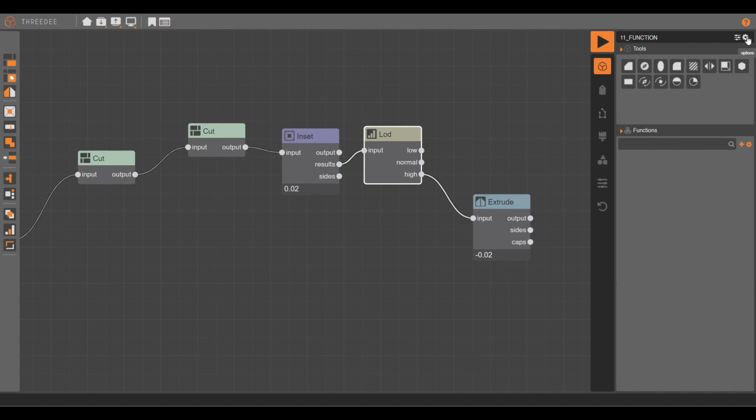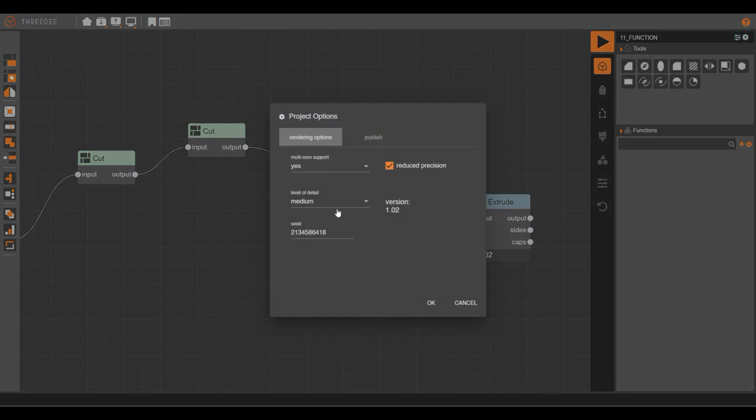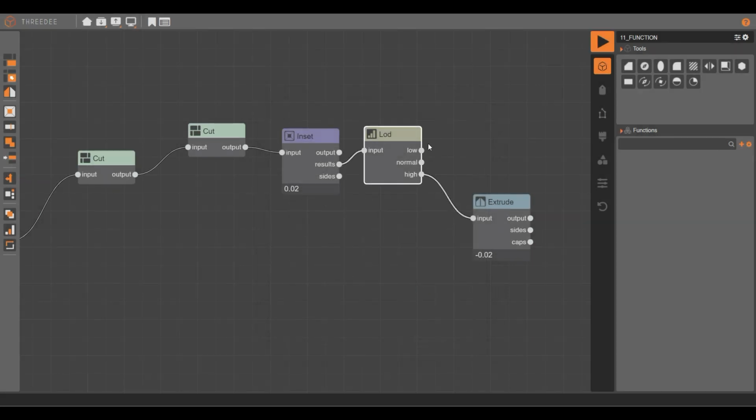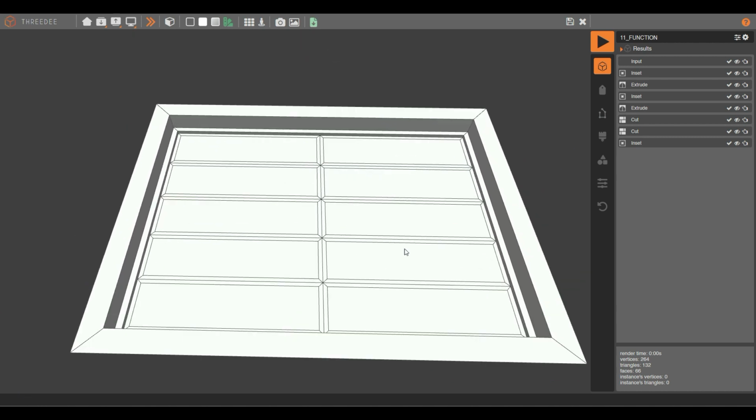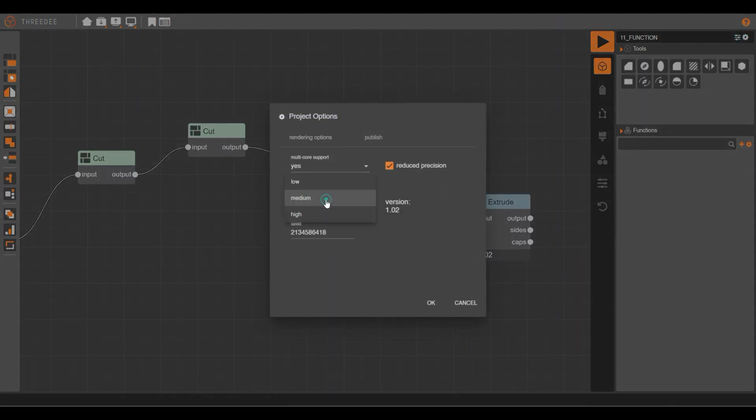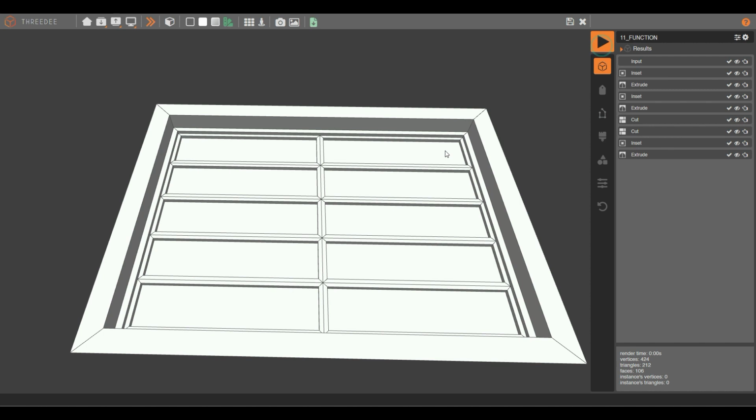You can select your level of detail with this icon, and by default you always have the medium level of detail, but you can set the high or the low. Well, for the medium, I remove the extrude and leave it only for the high level. As you can see, in the medium level, now I don't do the last extrude. If I set the high level here, now I get the extrude